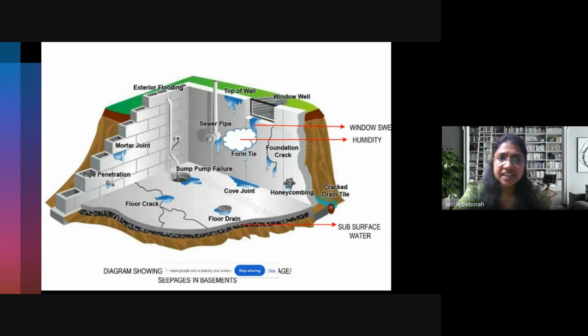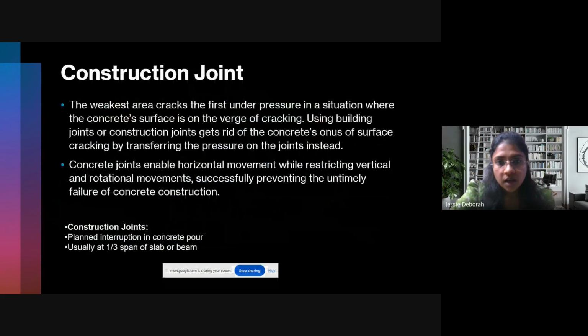Besides this, in very recent times we have been using a waterproofing paint in most of our structures, so that you can avoid dampness from entering your house. Also from rainwater there is dampness entering, so for that we will again give a waterproofing layer. Okay, now coming to construction joint, there are a lot of details.